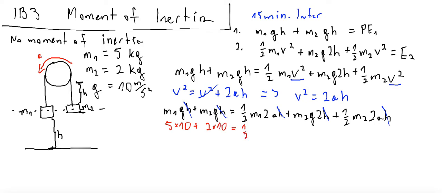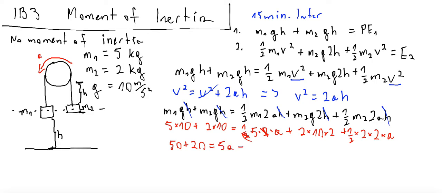Here we have half of m1, which is 5, times 2 times a, plus m2, which is 2, times g, which is 10, times 2, plus half of m2, which is 2, times 2 times a. Okay, 5 times 10, 2 times 10, so this is 50 plus 20 is equal, you can cross this, you have 5a plus 2 times 10 times 2 is 40, plus we can cross this 2a,